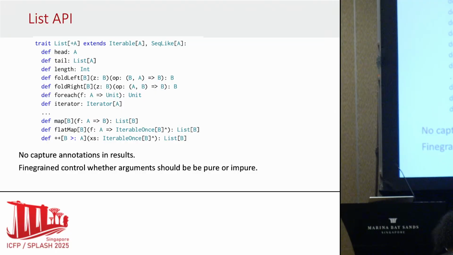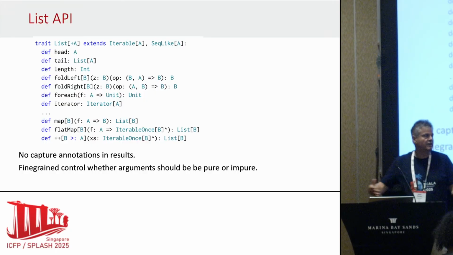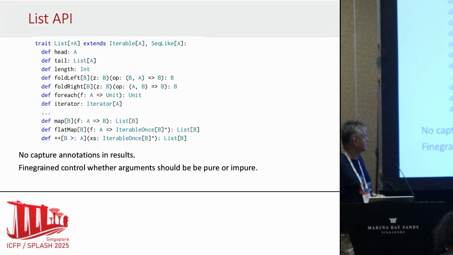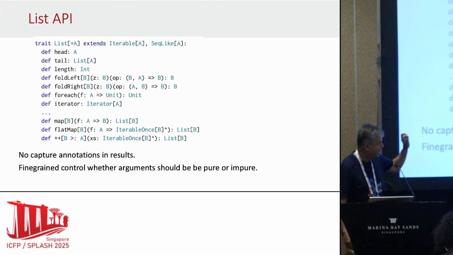So basically, flat map, or let's say concat, is the same thing. I concat iterables to this collection, and that iterable can have side effects as I traverse it. So to capture the old behavior where side effects are possible, I can do that by just adding the hat here. And that also gives us fine-grained control over whether arguments should be pure or impure,